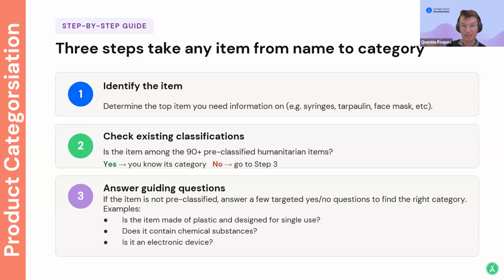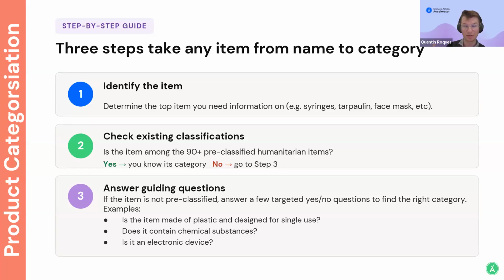If it's part of this list, you will automatically have the link to the correct final categories, and you will be able to see all the inputs of these categories, meaning the supplier questions, the key hotspots, and so on. And if it's not part of these 90 items, what you will have to do is